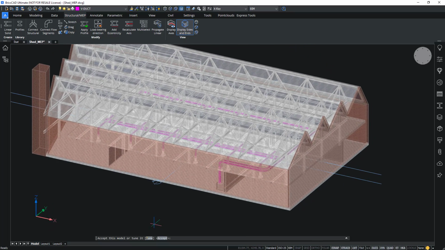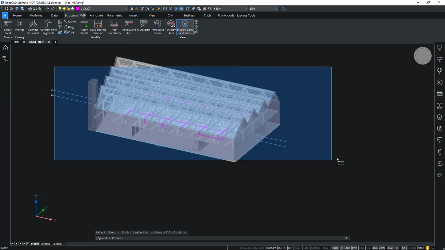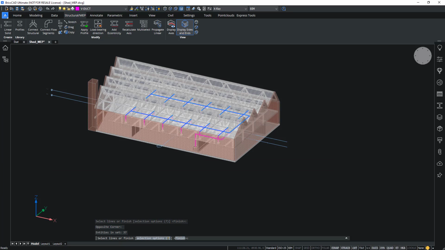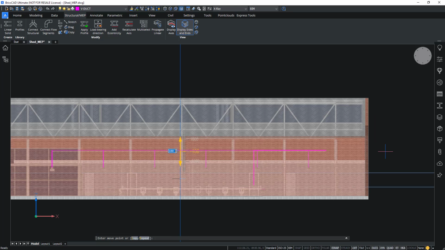I can still choose to tune this, either the topology or the height. So topology is what we saw before, so the 4 variations that we saw, we can still pick another variation. And I can choose also to change the height. So I can individually select lines to change the height from, but in this case I will select the entire top part here, and I will move this entire layout up or down a bit.